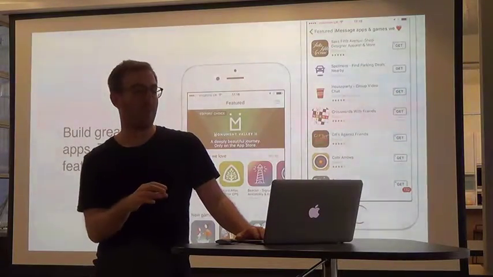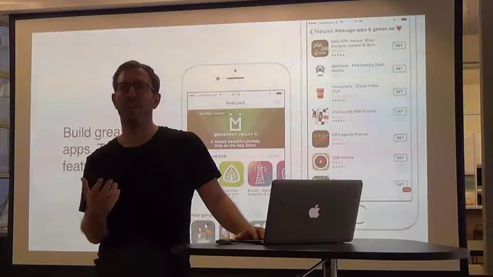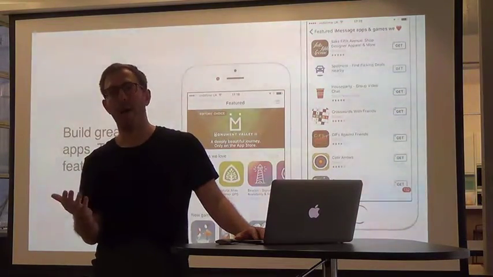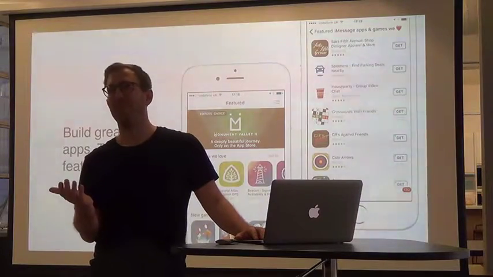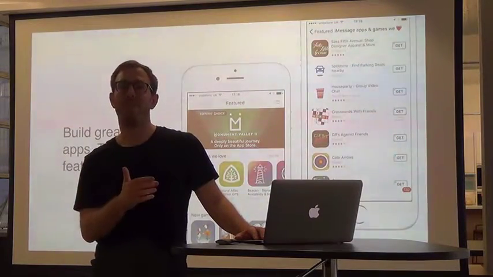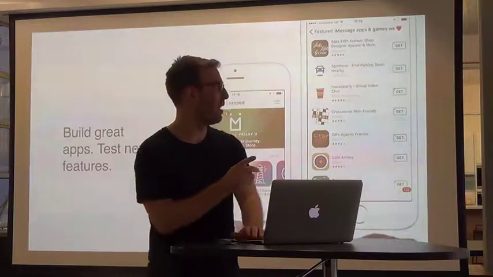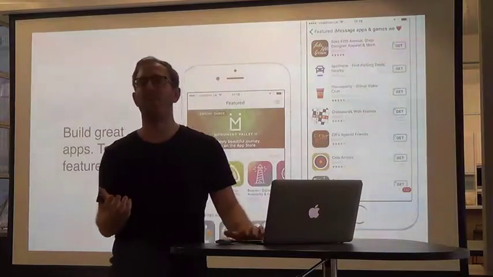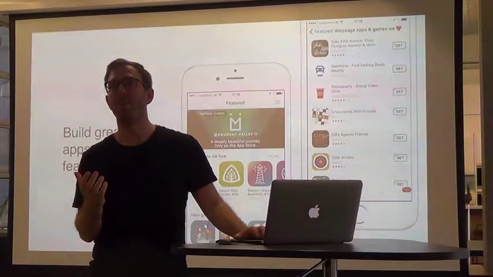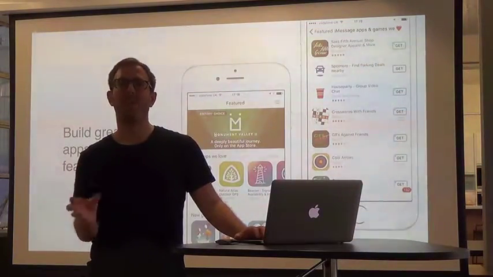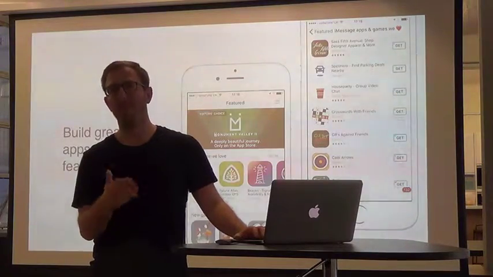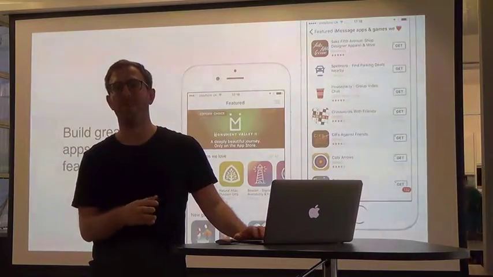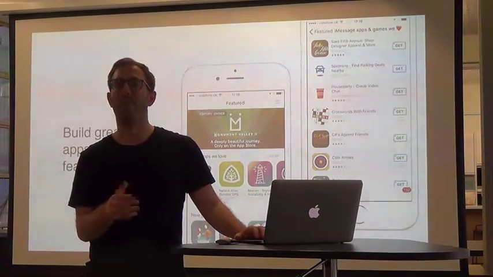And I would add, on top of building great apps, building features that Apple are passionate about. Apple release new features like Apple Pay, they have this thing called app thinning, which isn't as exciting, or they have iMessage apps. That's what this screenshot on the right is, iMessage apps, which is kind of an add-on to your iPhone app. But the idea is that Apple are always looking for people trying new things that they want people to use. So if Apple has launched something you think might be useful to you, I would try and build that in, because they're always looking for good examples.